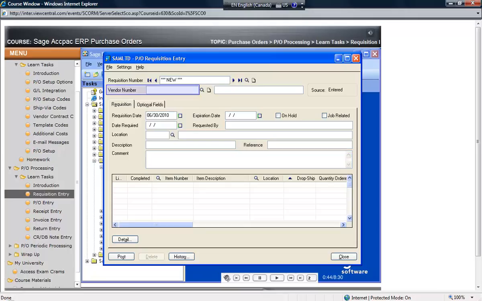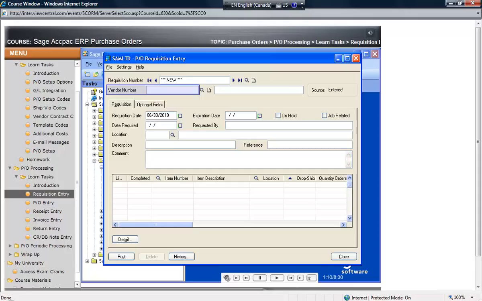Because the person requesting the item purchases may not know which vendor the company wants to use, this field can be left blank. Entering a vendor number here indicates that the item details, shown in the lower section of the window, default to this vendor. So if you know the vendor for the items being requested, enter the vendor number rather than selecting the vendor